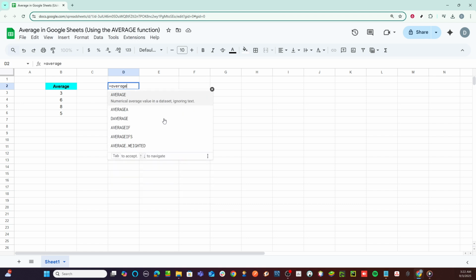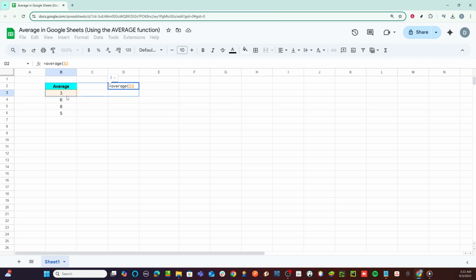Inside the parentheses, you'll specify the range of cells you want to average. Let's say we want to average the values from cells B3 to B6. In that case, you would write B3, B6 inside the parentheses. The formula should look like this: equal sign, average, B3, B6. This simple but powerful formula tells Google Sheets to take all the values in the specified range and calculate their